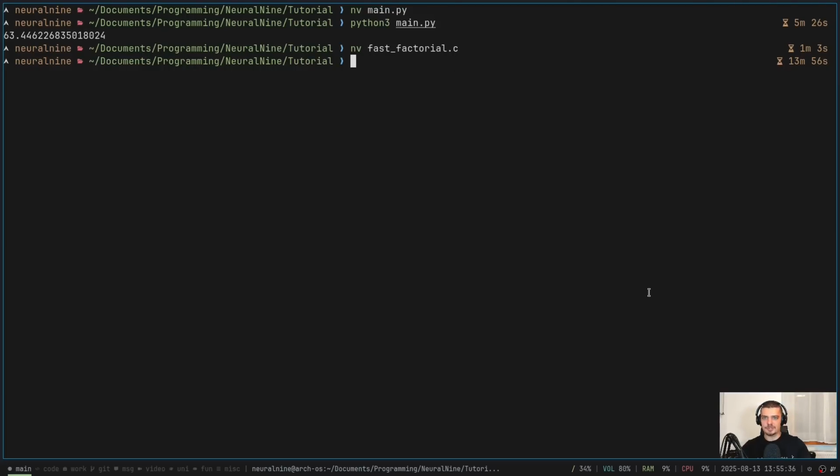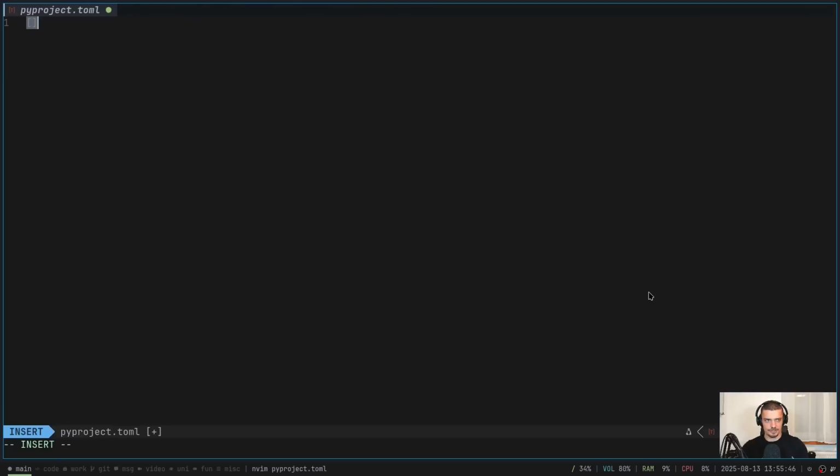And now all we have to do is write our pyproject.toml to be able to install this module in a modern way. So we're going to say pyproject.toml, and we're going to start by defining the build-system. This is going to require, so we say requires is equal to a list. First of all, setuptools greater than or equal to 69, and then also wheel. The build backend is going to be equal to setuptools.build_meta,